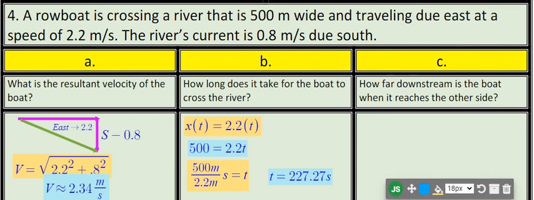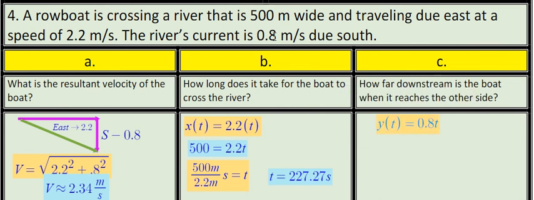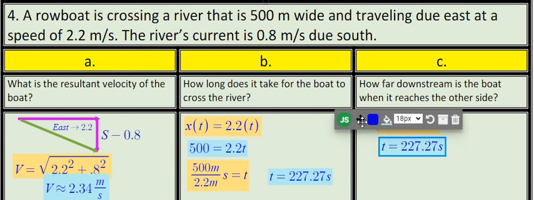So this time I'm going to use y of t. And our travel south is 0.8 meters per second. So y of t equals 0.8t. In this case, we don't know our distance, we know our time. So we're going to substitute in for t